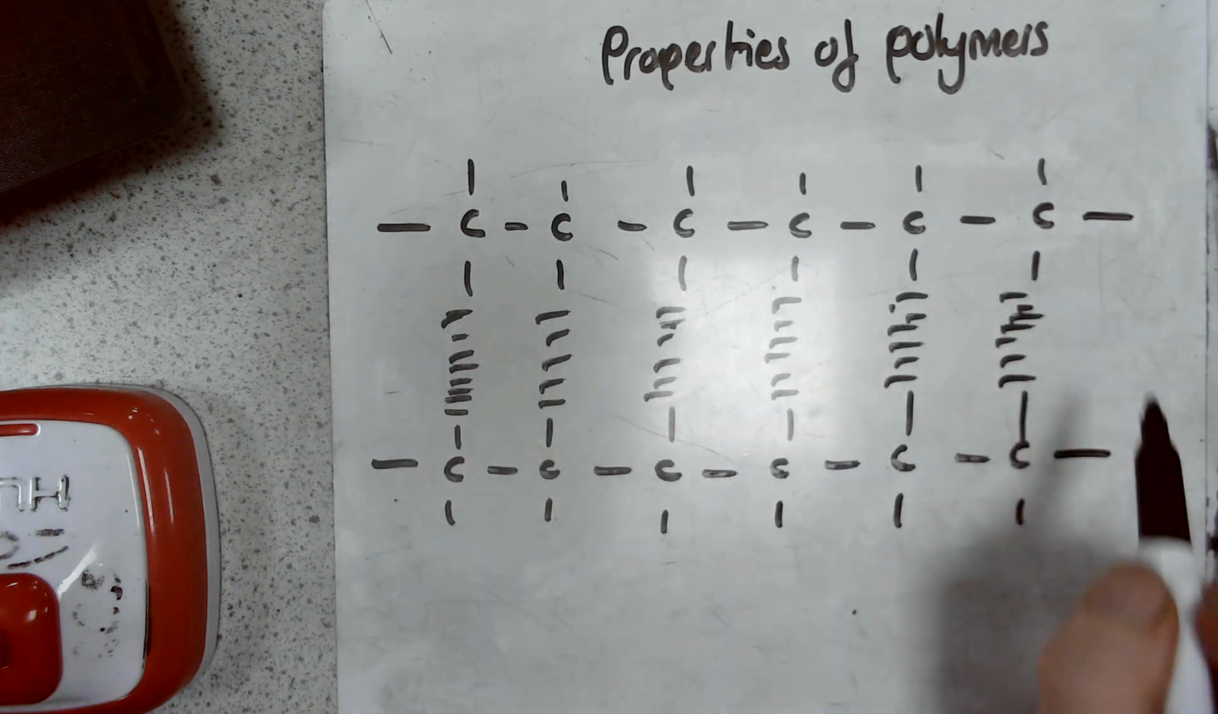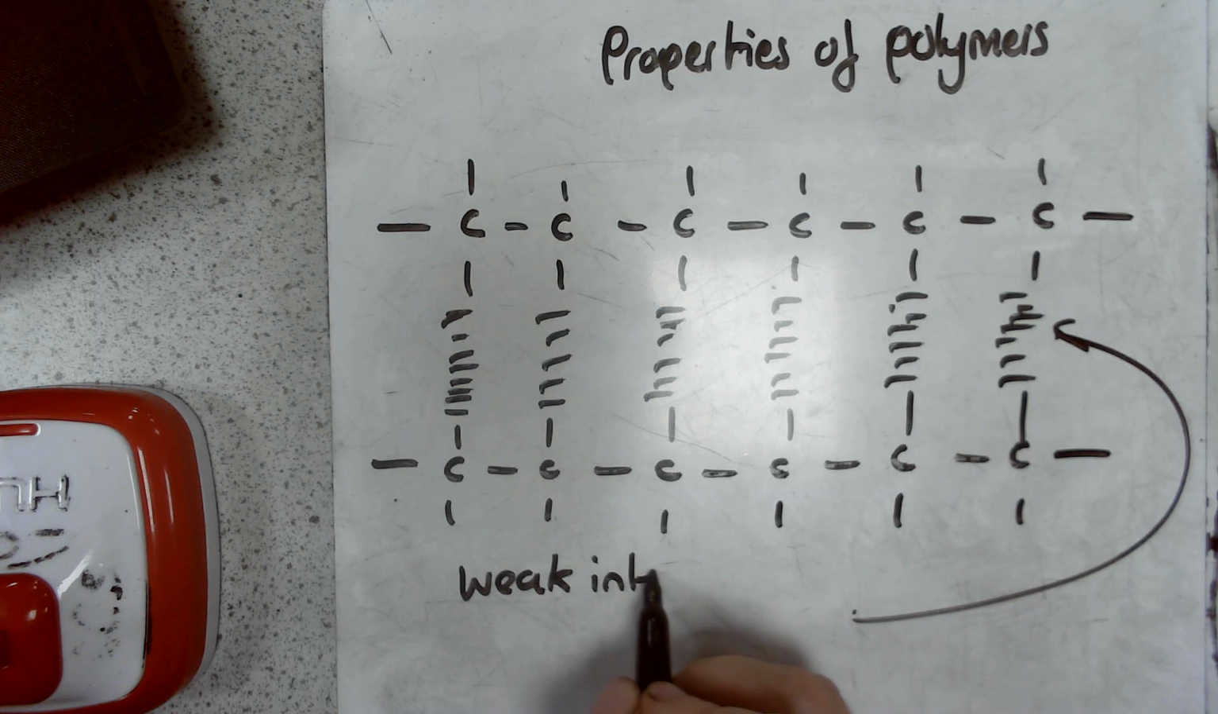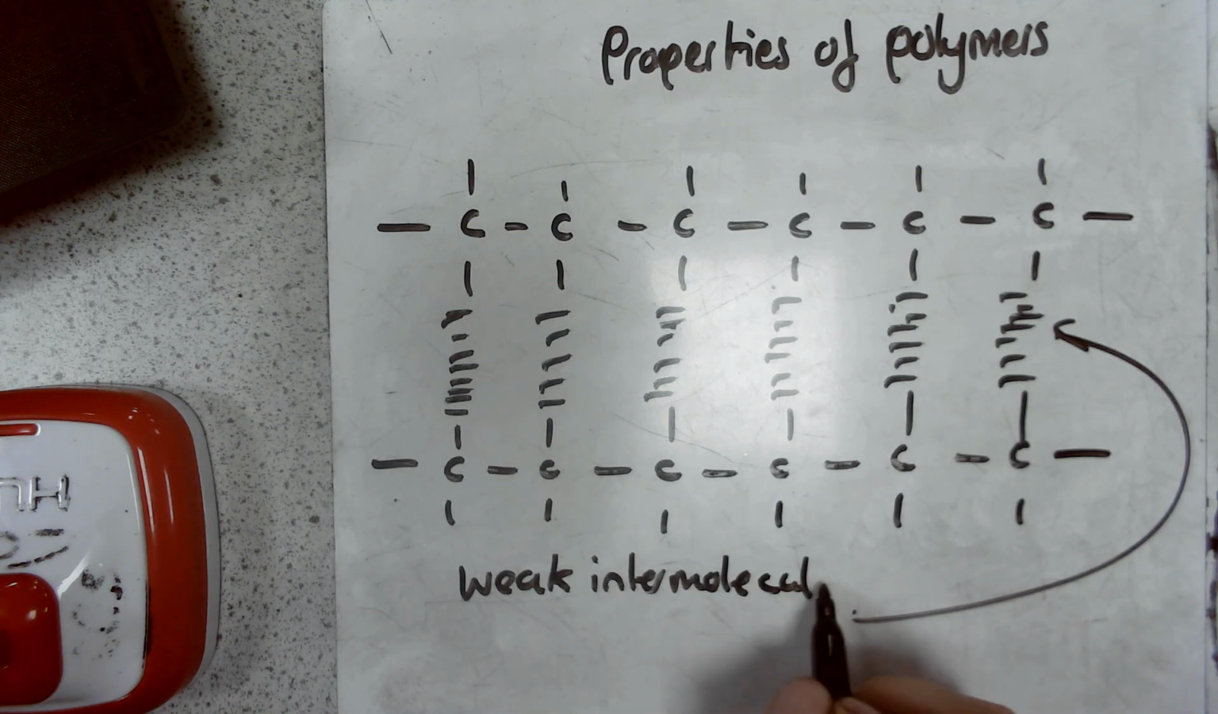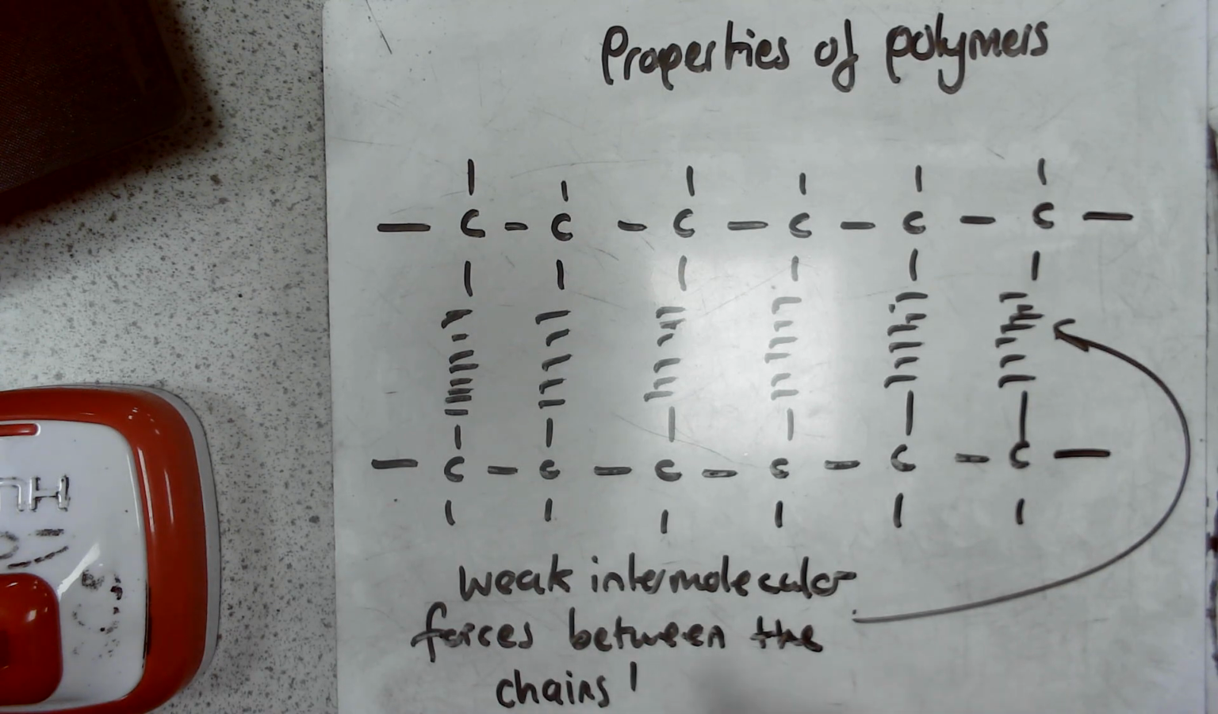But there are lots of these weak intermolecular forces between the chains. Now although they are weak, and it's crucial, they are weak forces, okay, they're not particularly strong, these intermolecular forces, but there's lots of them. Okay, and because there's lots of these weak intermolecular forces, that takes quite a lot of energy to overcome, and that means that we're going to end up with a relatively high melting point,